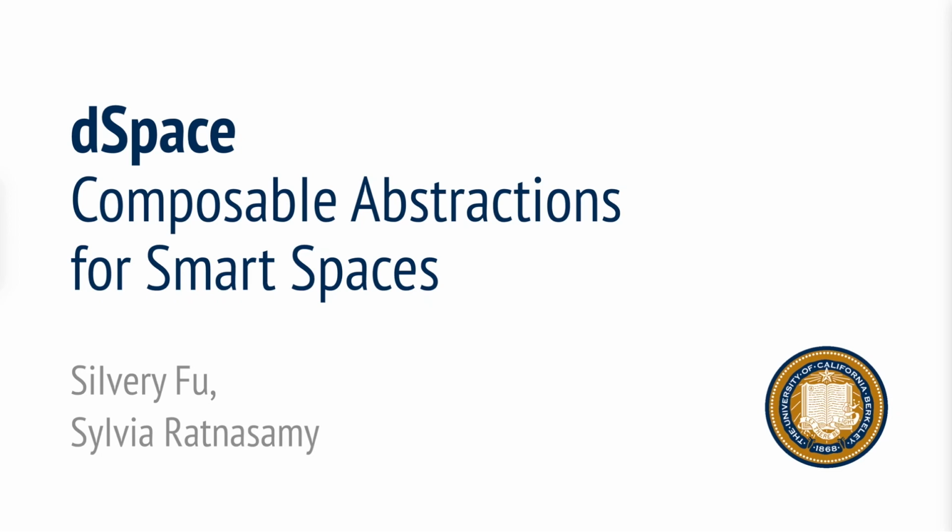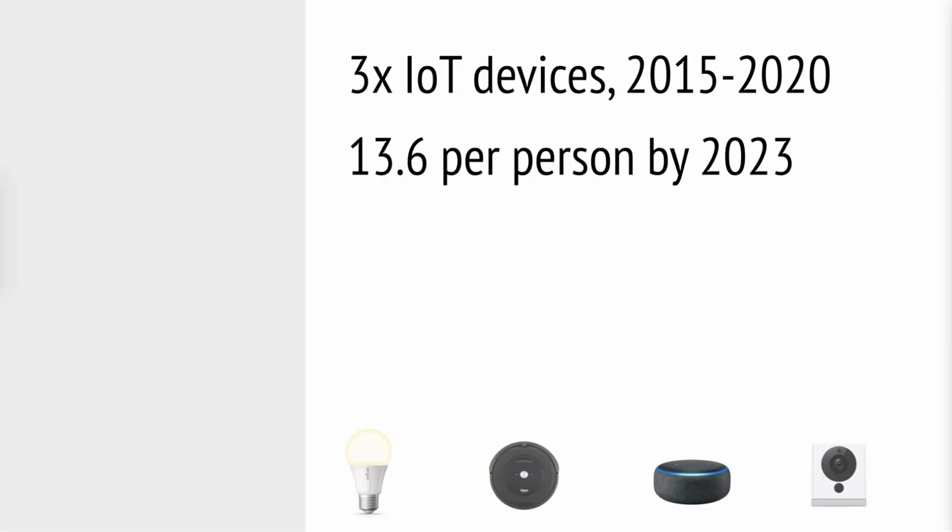I will describe dSpace. This is a framework to simplify smart space development. Shipments of IoT devices have tripled in the last 5 years. It's estimated that there will be more than 13 devices per person on average in the next 2 years, from smart lights to voice assistants and robots. These devices are transforming our living spaces, so it's important to have the right system support for building smart space